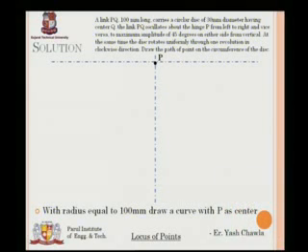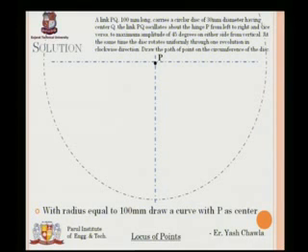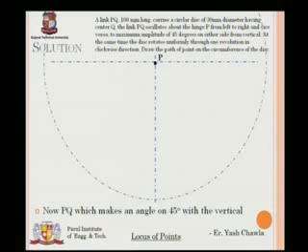First of all, I'll need to draw my reference circle. 100 mm is the length of my PQ, so I'll draw a circle. This is a 100 mm radius circle which is drawn with center P using my compass, if anybody is not aware of it. Now what I want is PQ at 45 degrees from this vertical. How do I judge it is 45 degrees? Because it starts from left and it goes to right. So my first, or extreme, position here will be PQ, which will be 45 degrees from this